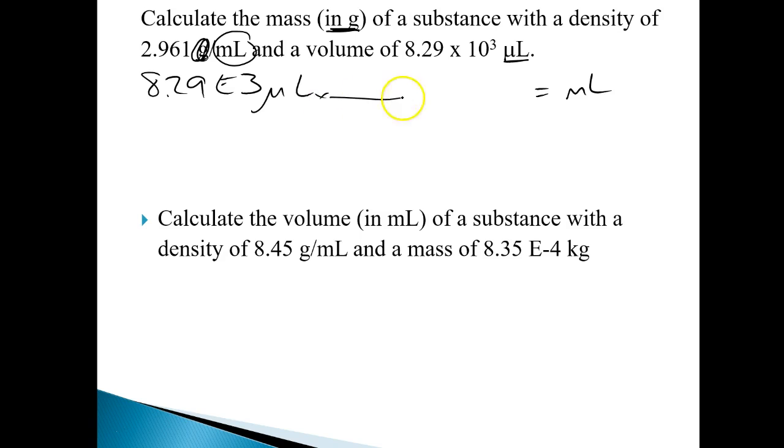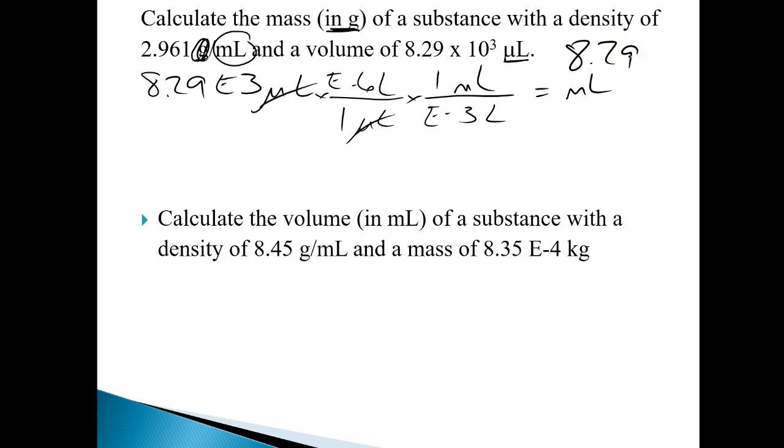Okay, so to make this conversion, microliters on the bottom, liters on top, put a 1 where you see 2 letters, e to the negative 6, gone. Liters on the bottom, milliliters on top, 1 by the 2 letters, e to the negative 3 for milli. So when you do this, you get 8.29